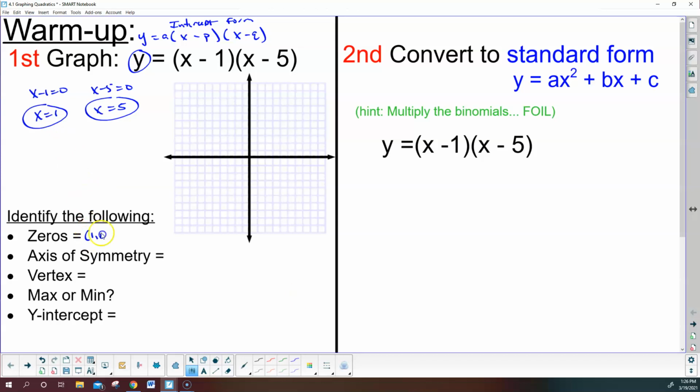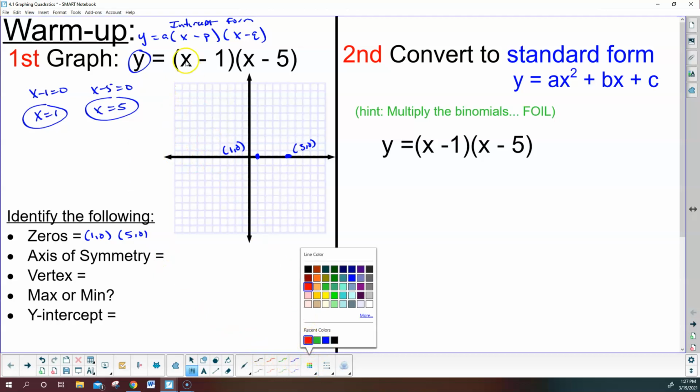Right? I got a spot at 1, 0 and 5, 0. So that gives me the location of each 0. So I plot those on the graph first. Go over 1 up 0, 2, 3, 4, 5. And then I'm always a big fan of labeling them just so the person reading your graph knows. Now you'll notice one thing here. The a value isn't present. And in that case, we can always put a 1. But I like to think of that as a +1, which tells me